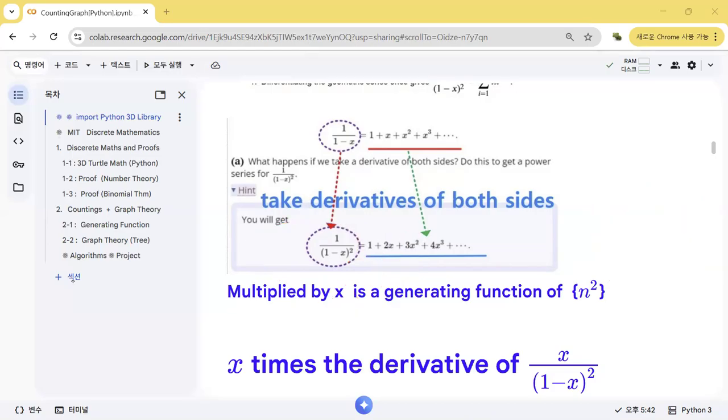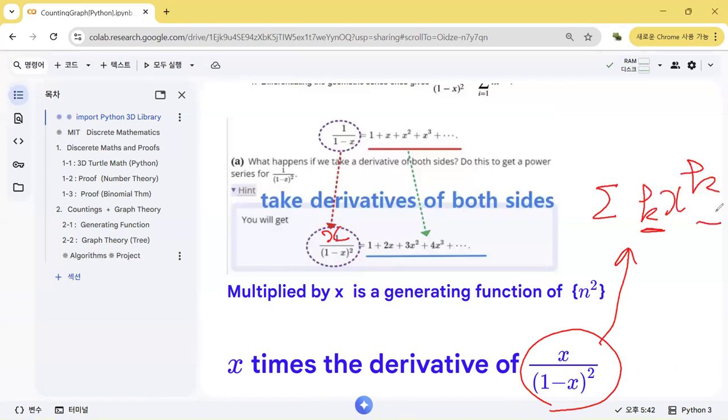Instead of this one, by multiplying x, this one is now k times x^k. But this one is k times x^(k-1). So to reduce this one, x times,